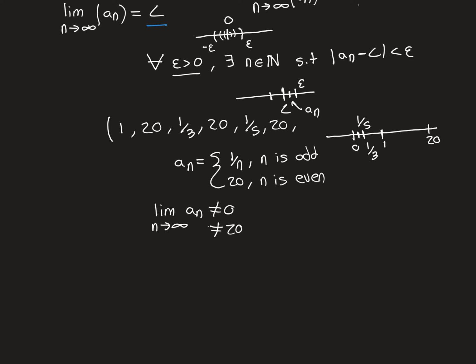If you've got a sequence, for instance, I could take another example. I could take the sequence 1, 2, 3, 1, 2, 3, and I could repeat this pattern on and on forever. So it just alternates between 1, 2, and 3, 1, 2, and 3, etc. In a picture, if that's 0, that's 1, that's 2, that's 3, it literally just flits between these three forever. And again, this sequence does not have a limit. It's not correct to say it has a limit. It has 3 limit points, but it doesn't have a limit